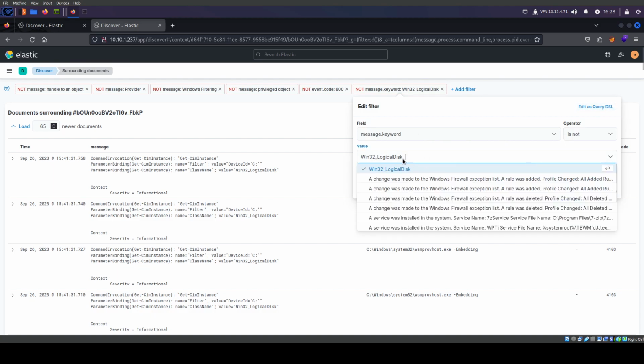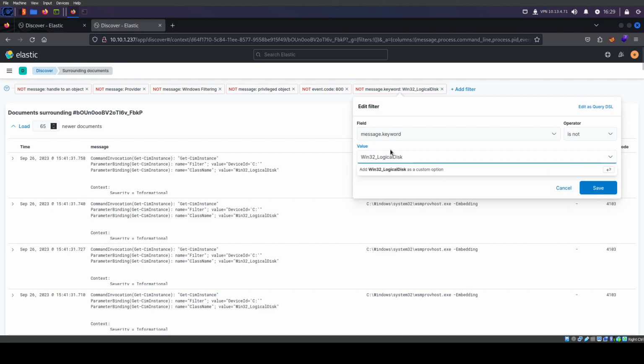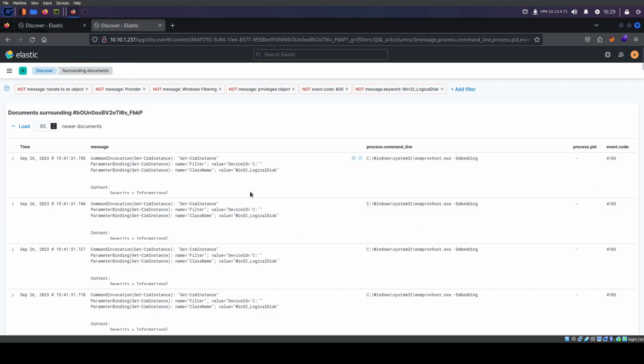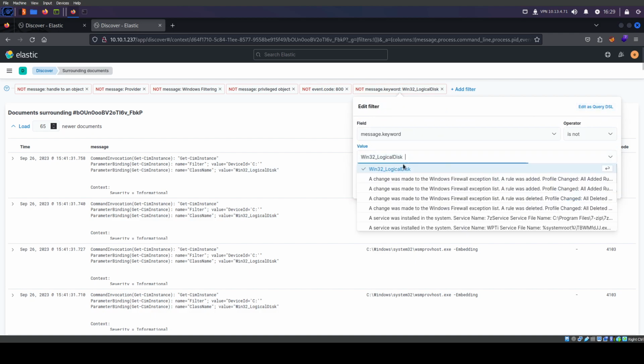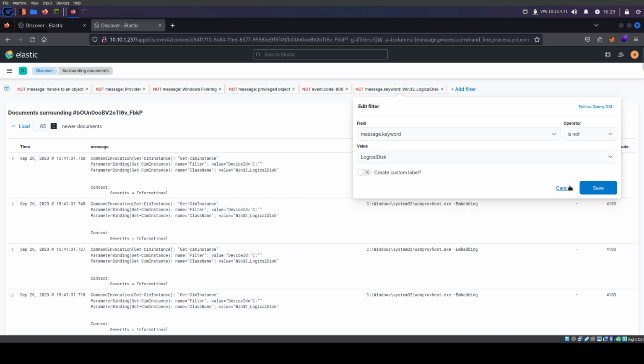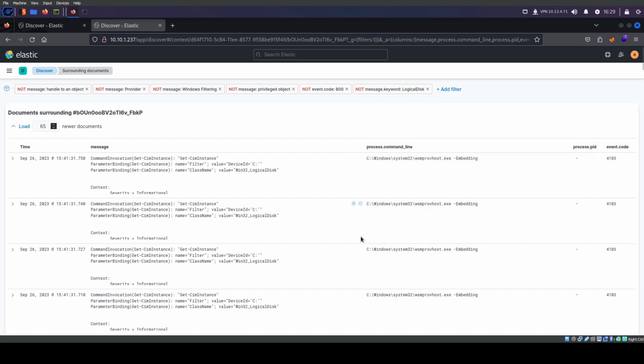Message keyword is not, probably the space. Maybe let's do logical disk. Still not doing it, huh? Okay, I'm just going to ignore all of you.